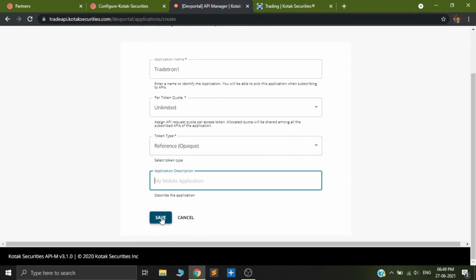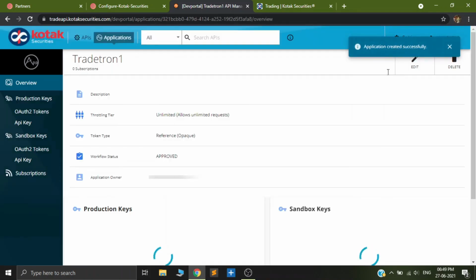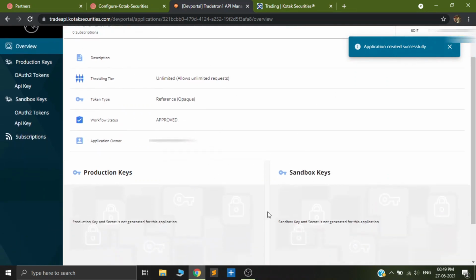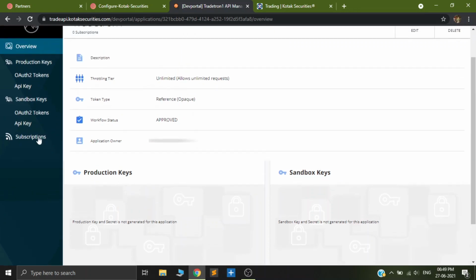It doesn't make a difference. Click on save. After you click on save, you'll get a message saying app created successfully, and after that, something like this should appear. Once you do this, you will see that production keys and sandbox keys are all empty. So what you need to do is go to OAuth 2 tokens here on the left hand side. So you click on this,